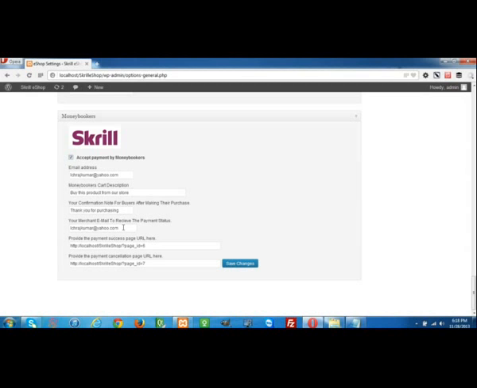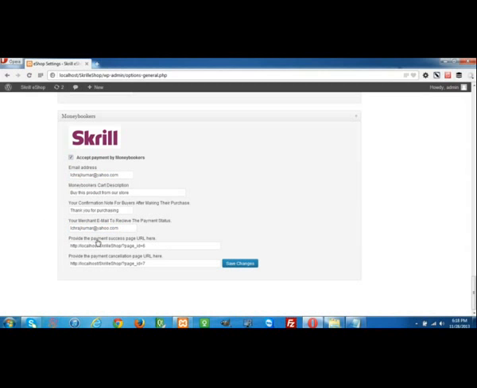Okay, and my merchant email will be the same. I can use any email, but the Moneybookers email should exist. If you have a Moneybookers account, then your email should be pasted in this first field. And this payment status receivable email can be anything: your personal email, your company email, your spouse's email, anything.